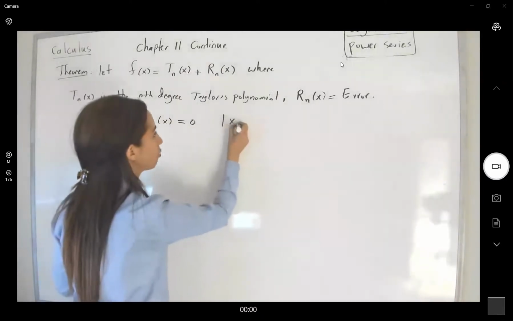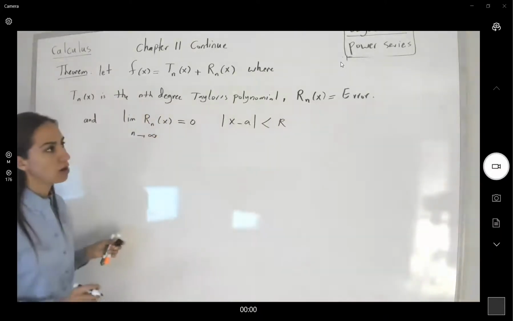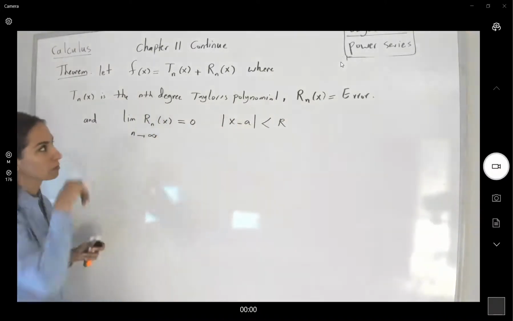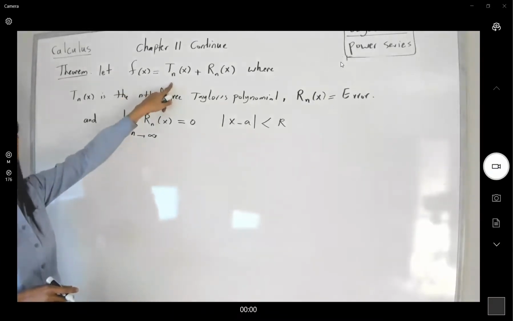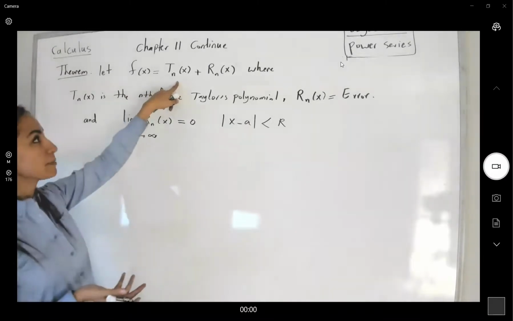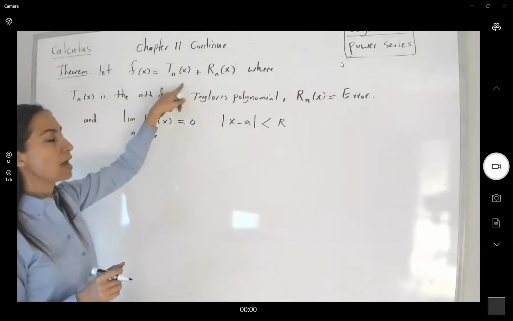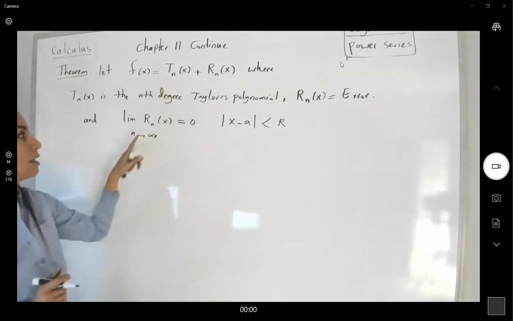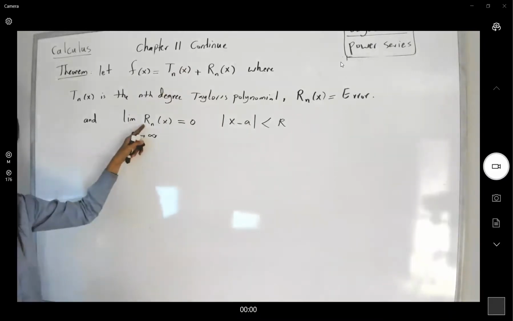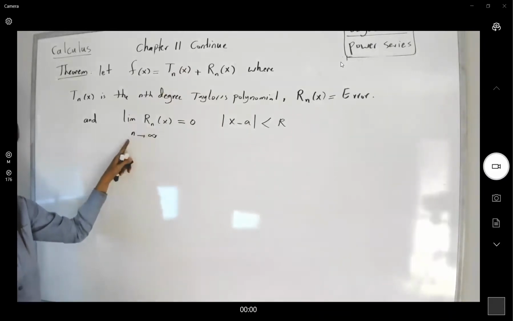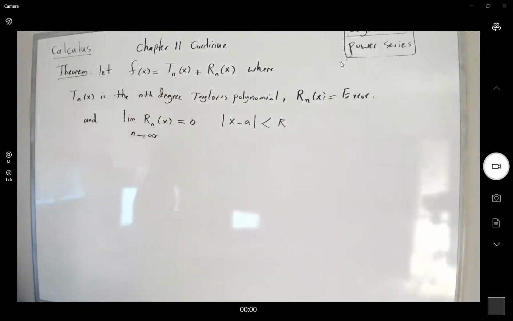Note that we are working with the radius of convergence R and the center A. So if you have a function written as the Taylor expansion plus the error, because there is a difference between the actual value and the Taylor polynomial, and note that you have this condition as well, the limit of the error as n approaches infinity is equal to 0. Then for sure you can say that,